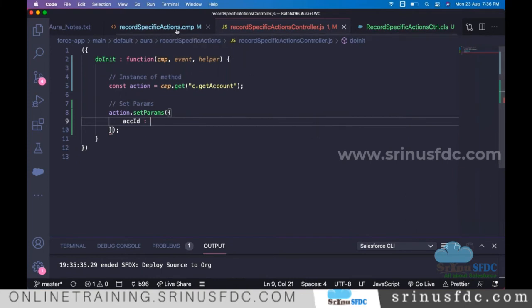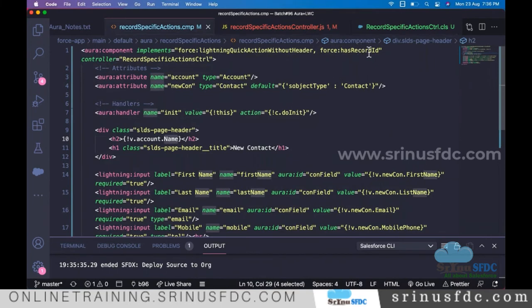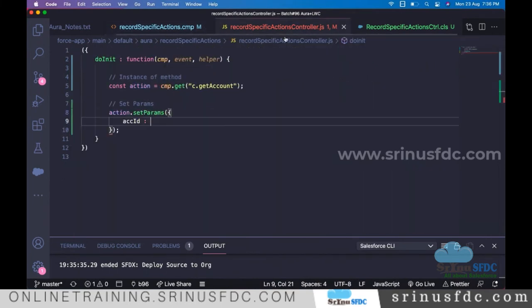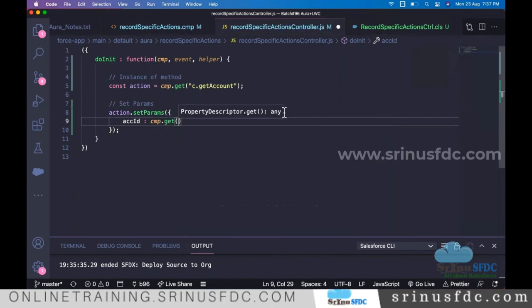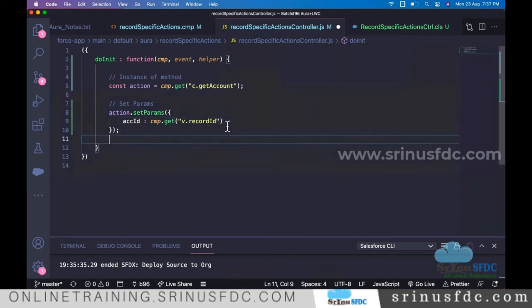We are thinking that since this has recordId, there is a standard attribute recordId, and the Id will be in that. Based on that, we are going to populate. Now, if you want to get the value in the attribute, component.get('v.recordId'). Make sure to follow the cases. That will give the record Id. So this is just setting the parameters.